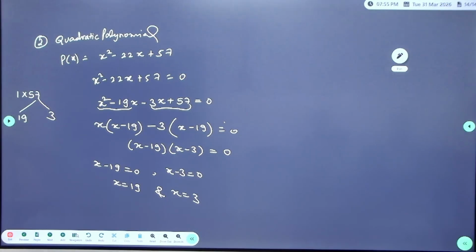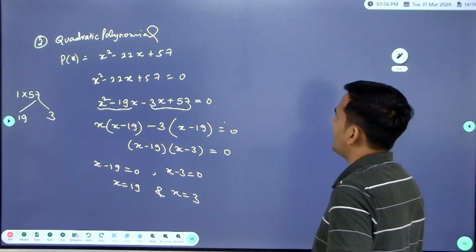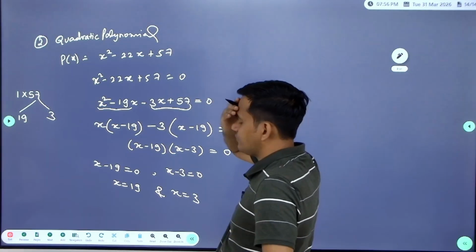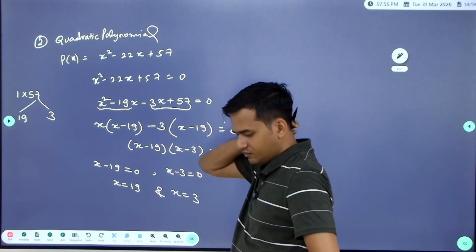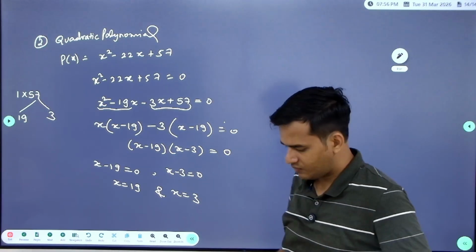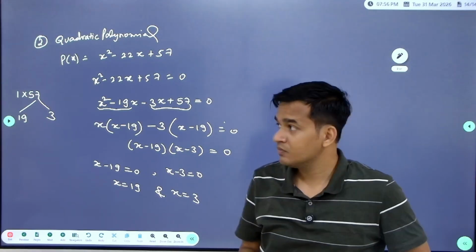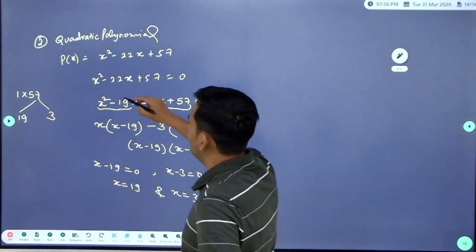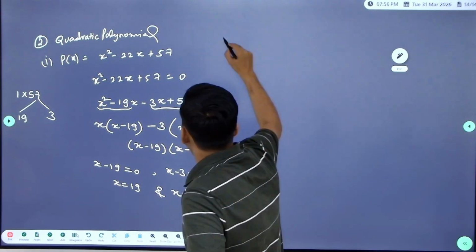There is one more method that we'll see in the quadratic chapter. A direct formula is there to find the zeros. Zeros or roots. So second example, let's say